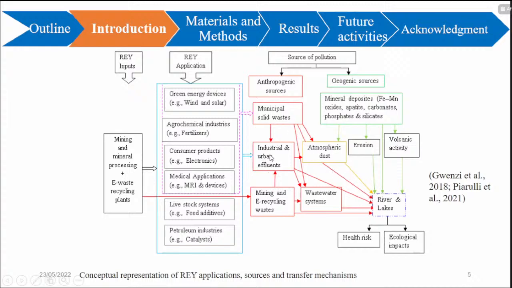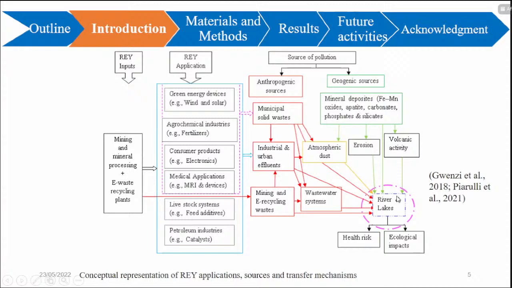lakes, or they can be collected with industrial and urban influences and go directly to rivers, or go to wastewater treatment, where the discharge contributes a large anthropogenic source of pollution of these rare earth elements. The geogenic sources come from mineral deposits, and they can enter rivers and lakes through atmospheric transport, erosion, or volcanic activity. So our aim is to quantify the geogenic and anthropogenic sources of rare earth elements from major European rivers